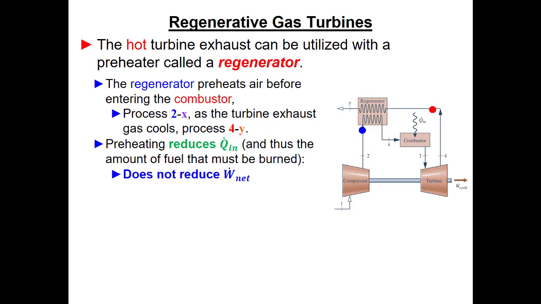So here in the textbook, we had this animation where we see our hot fluid coming out of the turbine, our cold fluid coming out of the compressor, and they pass by each other and they transfer heat. In some homes, if they're maybe Energy Star rated, you'll also have a system like this where in the wintertime, you're spending money to heat the air in your house, but if it passes through a heat exchanger where you're